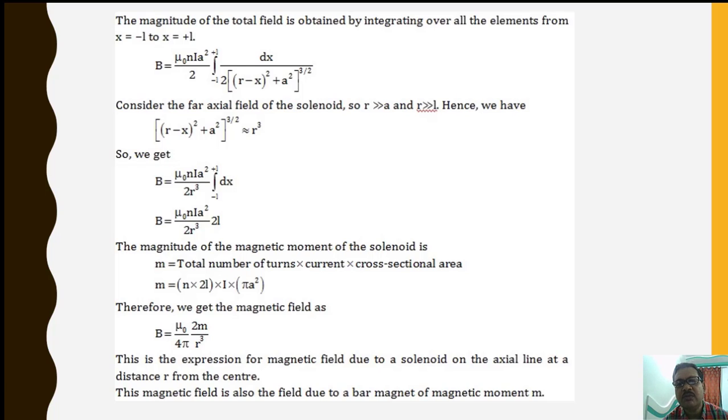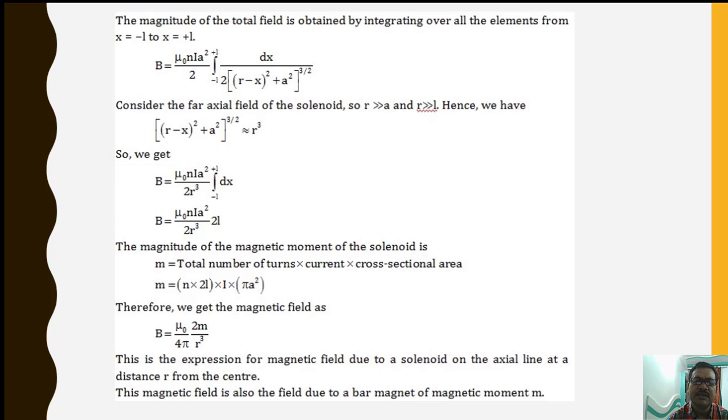Consider the far axial field of the solenoid. Now we assume that the point of observation where we want to find the magnetic field is much larger than the radius of the solenoid as well as the total length of the solenoid. Hence we have (r minus x) whole square plus a square whole power 3 by 2. A square is 0, x square is 0, so we simply get r cube. So we get B equal to mu 0 n I a square upon 2 r cube, integration from minus L to plus L